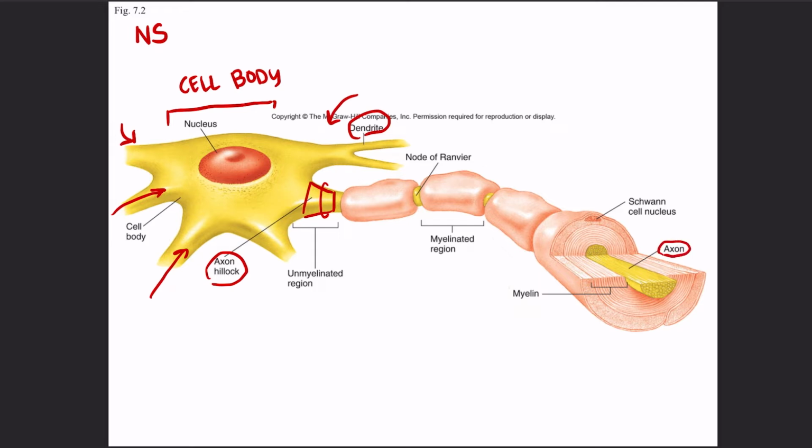And notice that this axon in particular is myelinated with these Schwann cells. This is a Schwann cell, so we know that this particular neuron is in the peripheral nervous system. Between these myelin sheaths, there are these open gaps of the axon, which are called the nodes of Ranvier. And this structure is important because it's going to impact how action potentials move through a neuron, depending on whether